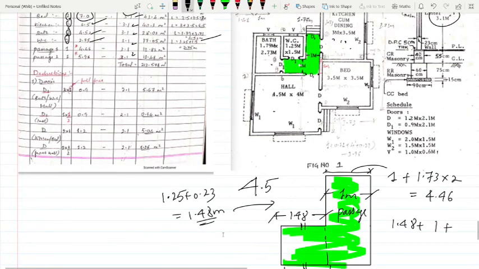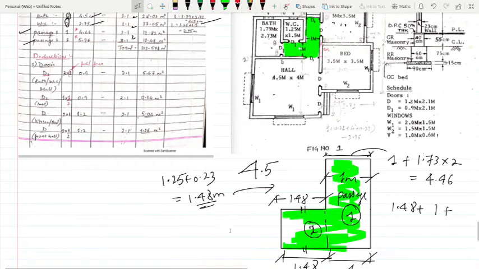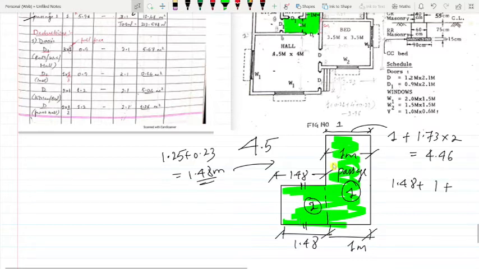Now, so again same, passage 1, passage 2. What is passage? This is passage 1. Passage 1 is this one length, and passage 2 is this one. So the length of the passage 1 is, just see, it is 1 meter. 1 meter plus 1.73.